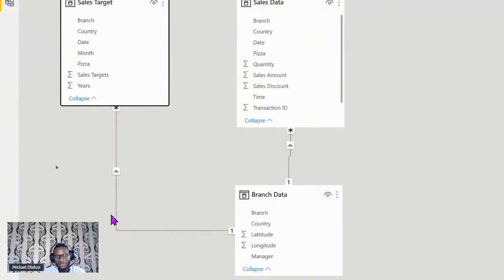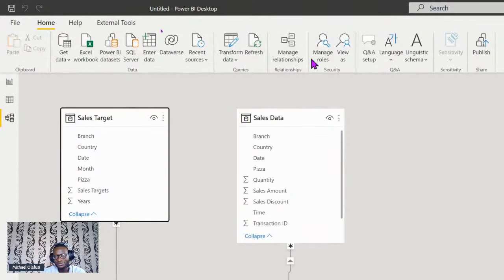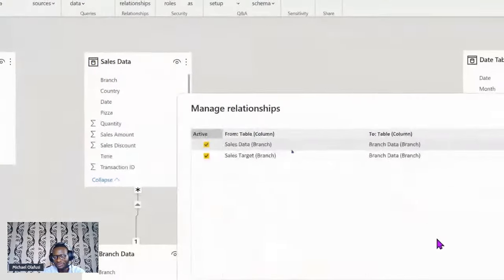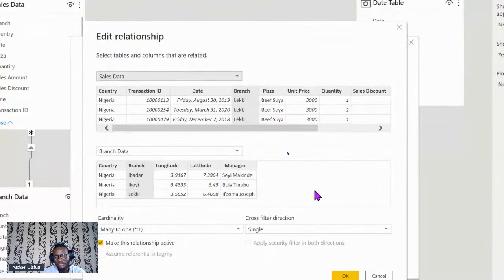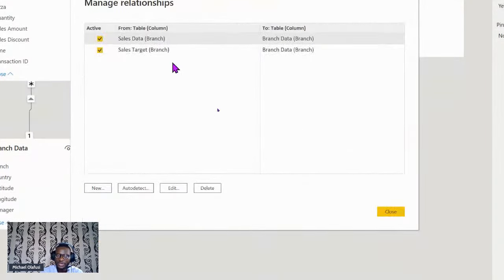Let's even review what relationships are already there. So if I go to relationship, manage relationships, I'm going to see all the relationships that are there, and I can evaluate if they are right or wrong. So let's look at this branch to branch. If I want to be very correct, I would rather let it capture country and branch, because what if we have other countries and there's a branch that has a name in both, in two different countries, right? So I would rather want to use something much more unique, right? So I'm not going to let this one hold. I will delete it.